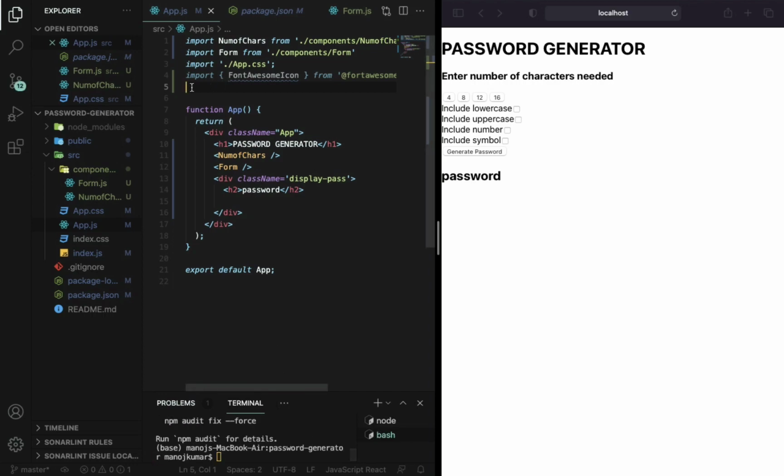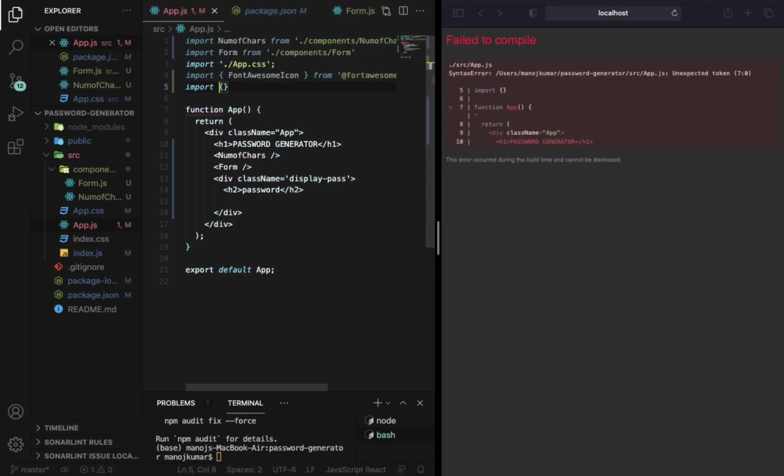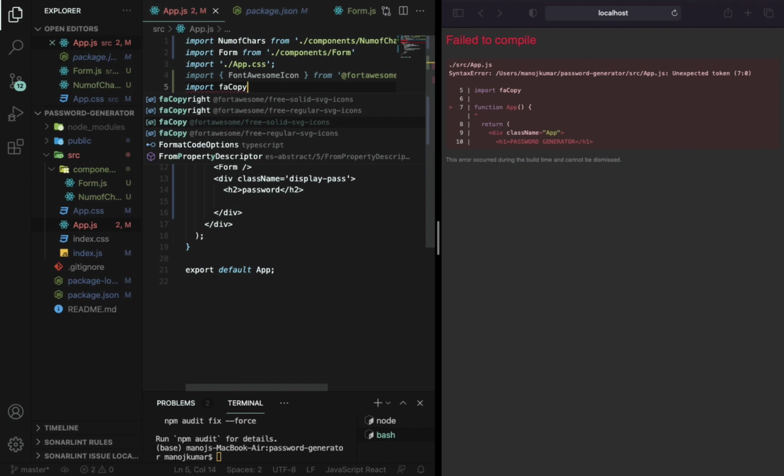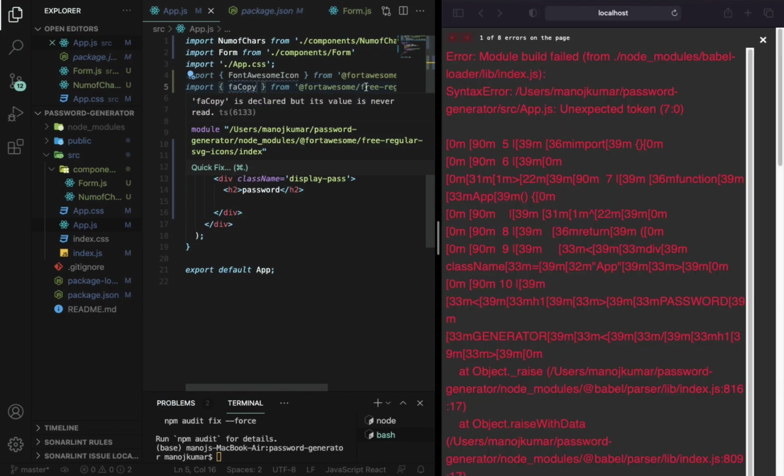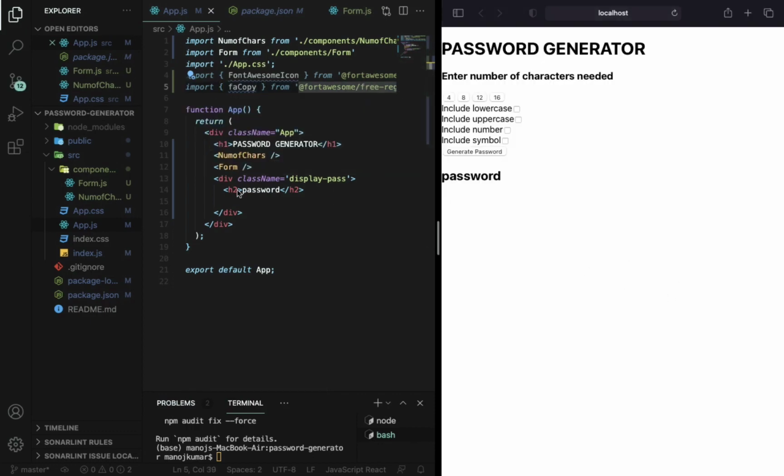So I'm just going to import faCopy. So I think we don't need these curly braces. faCopy. So yeah, this is it. So faCopy from free-regular-svg-icons. So I'm just going to use it over here, and I'm going to use it inside a span component, so I can style it using the span component